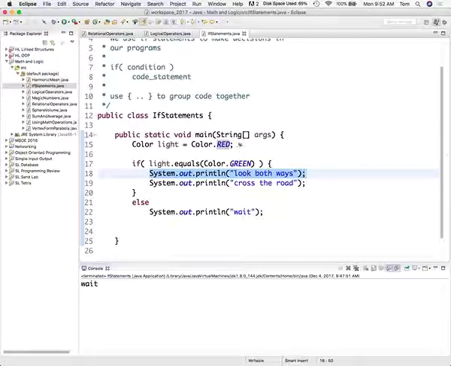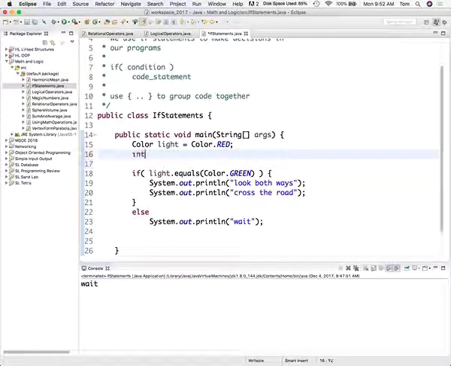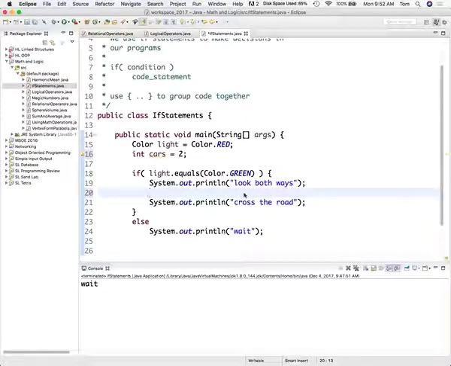Cars, right? So let's add a variable up here. Let's go int cars, and let's just say that there's 2 cars right now that we can see. 2 cars coming, okay? And so inside of this if then, we want to make another decision. So this is what's called nesting ifs, or nesting decisions. We're going to say if cars equals 0,